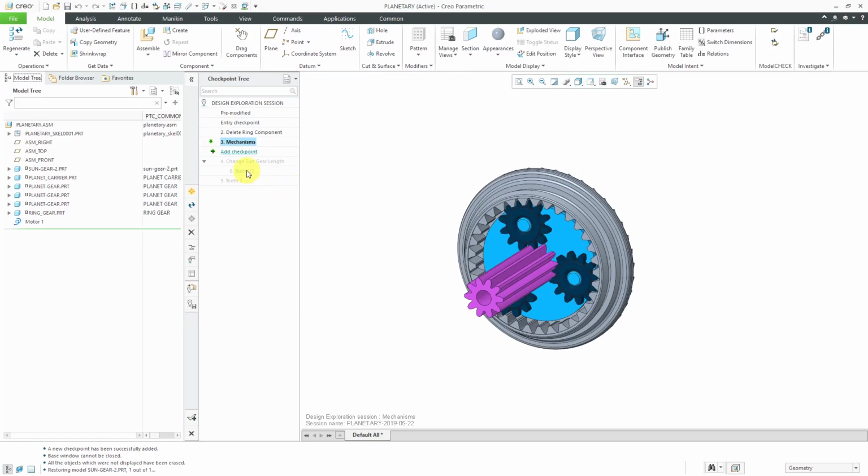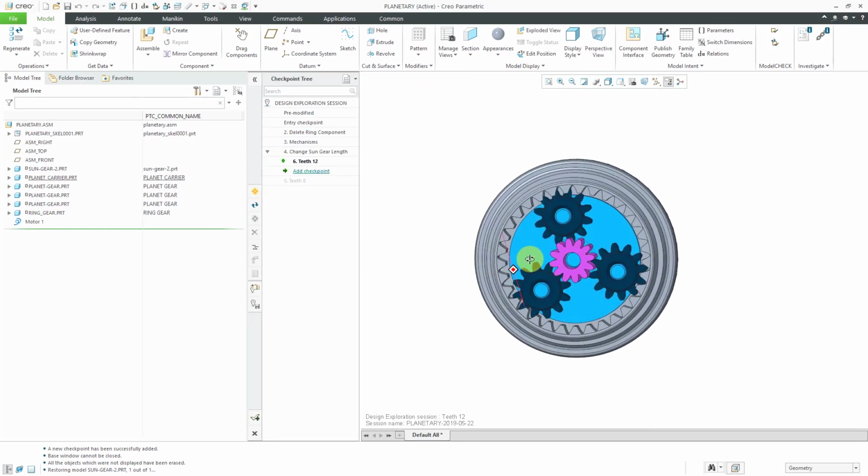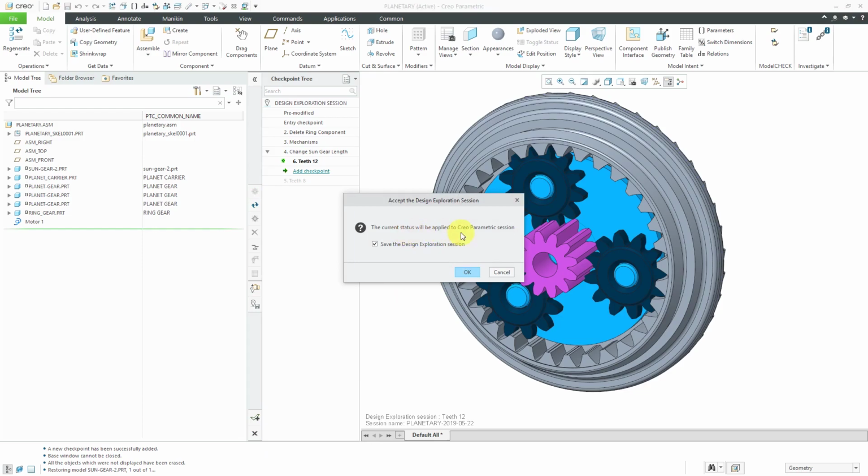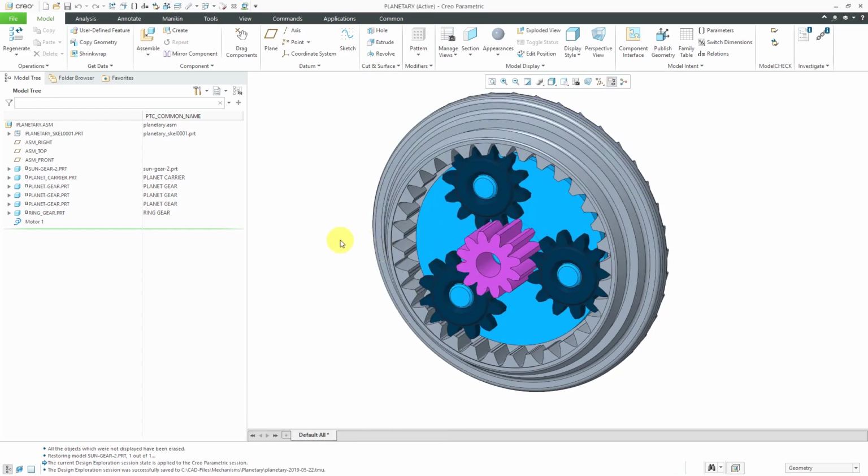And let's say I want to go to the configuration with 12 teeth, and I say, hey, you know what? I actually like that one. I want to commit to it. At this point, now I can hit the check mark. So let's assume that I've had a design review. Maybe I've gotten some opinions from other people, or maybe I just decide that, yes, this is the way that I want to go. Now, when I hit the accept button, it's going to say that this current status will be applied to the Creo Parametric session and allows me to save the design exploration session. I'll click the OK button, and now we have the changes committed to our different models,